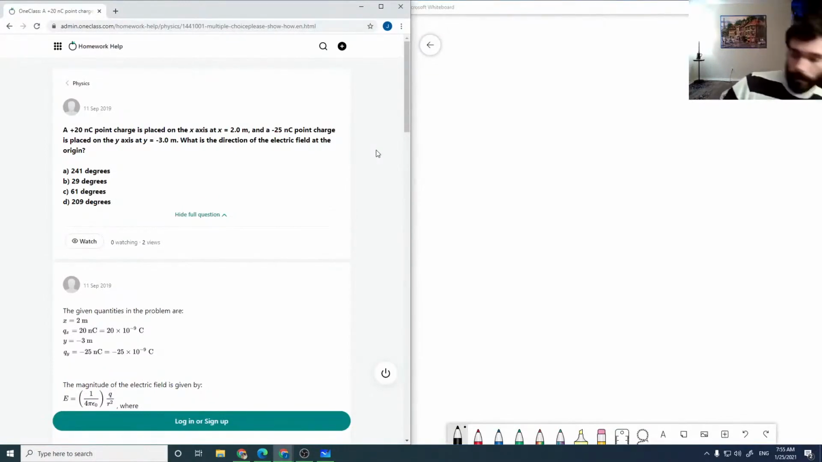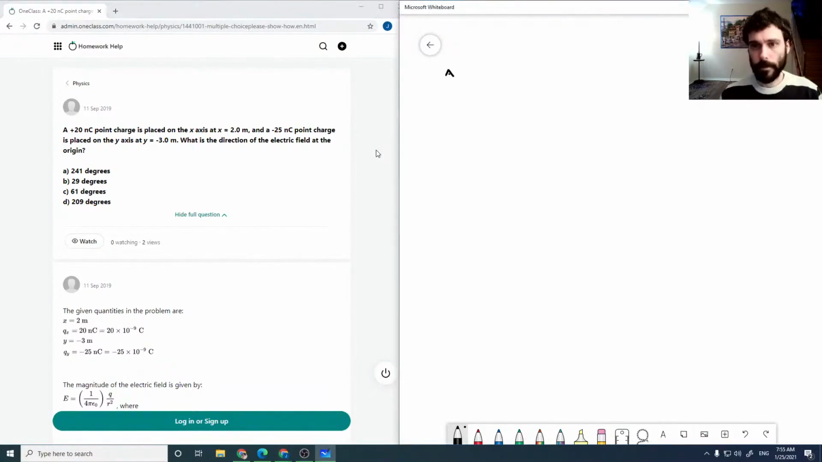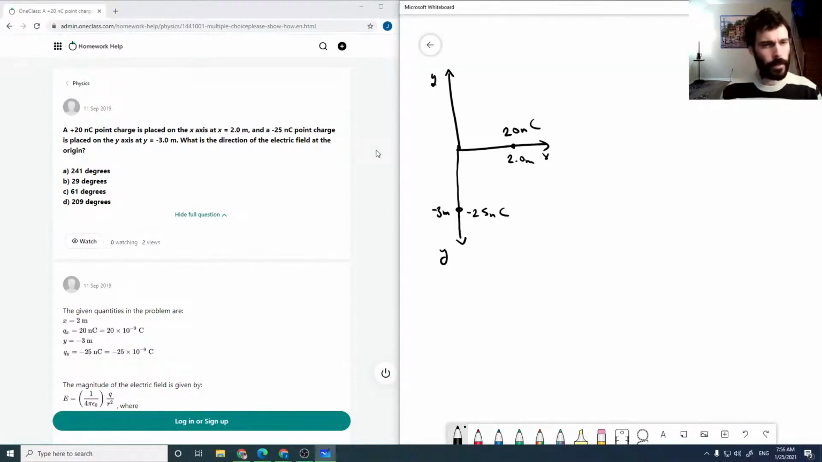So here we've got a couple charges. So we've got x, y, and now we're placing a 20 nanocoulomb charge at 2 meters and a charge at minus 3 meters in the y direction. We've got a negative 25 nanocoulomb charge, and it wants to know what is the direction of the electric field